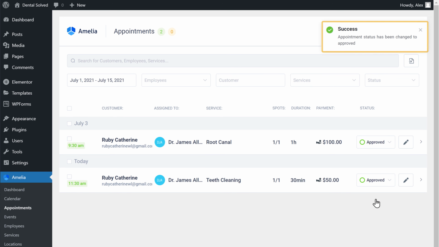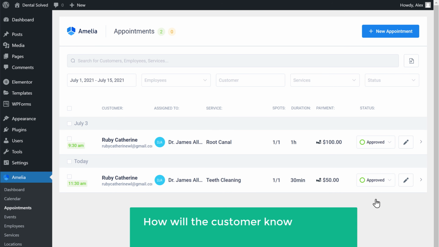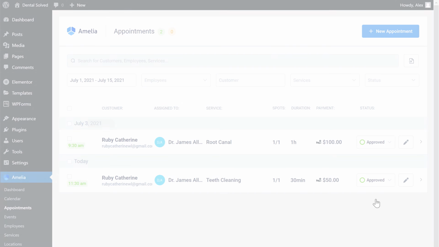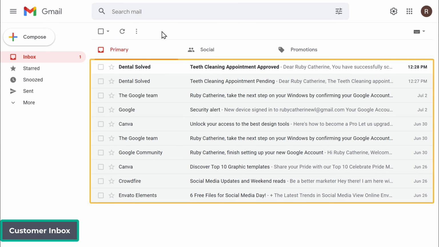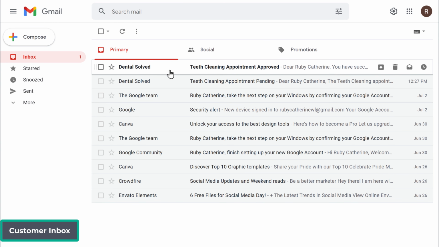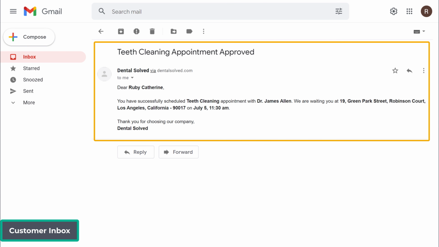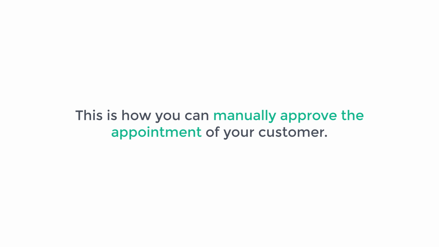Okay, once you approve the appointment, how will the customer know that the appointment has been approved? Now as soon as the admin approves the appointment request, if the customer goes to the inbox, you can see that we have got an email saying your appointment has been approved. So this is how you can manually approve the appointment of your customer.